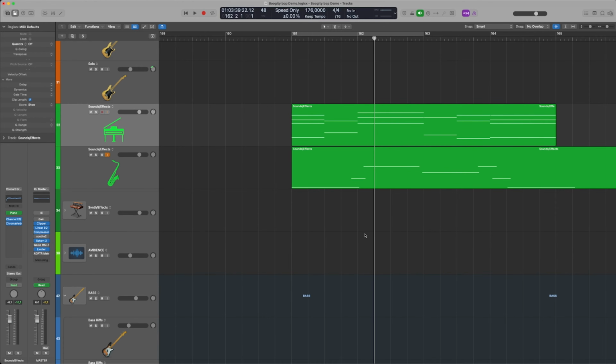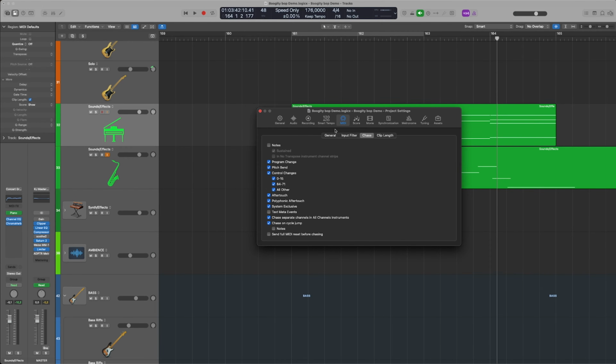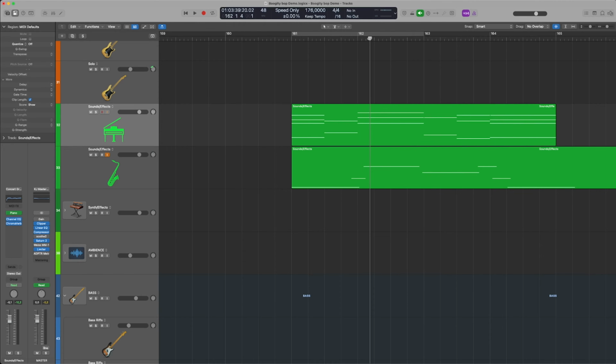Okay, next up has to do with MIDI. When you normally play back in the middle of notes, you actually don't hear them until it hits the beginning of the next note. How you can remedy that is by hitting Option P. You're going to bring up your project settings, and underneath here you can go MIDI, and then you can find Chase, and then if you hit Notes, now it's actually going to, I guess, chase them, so to say. So even if I play in the middle of the notes,